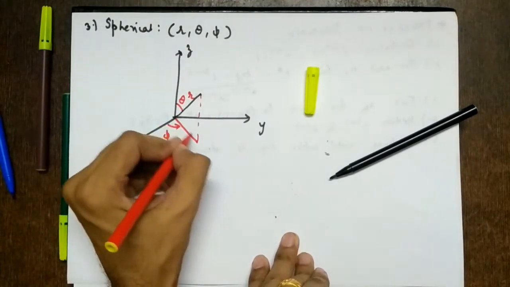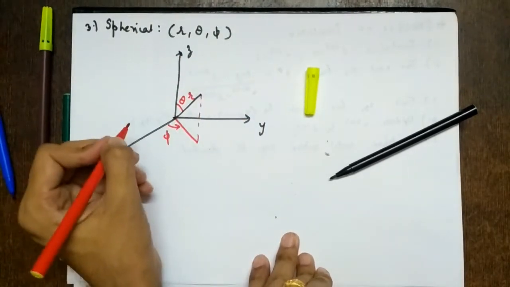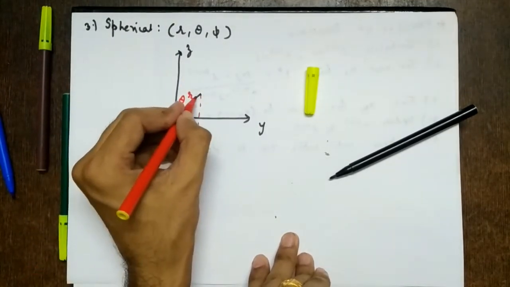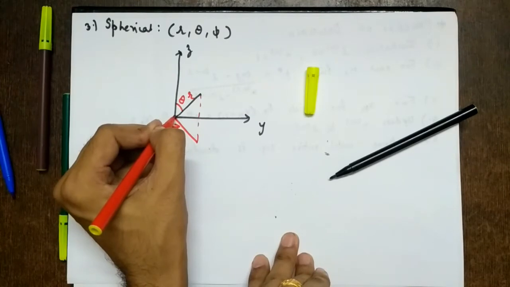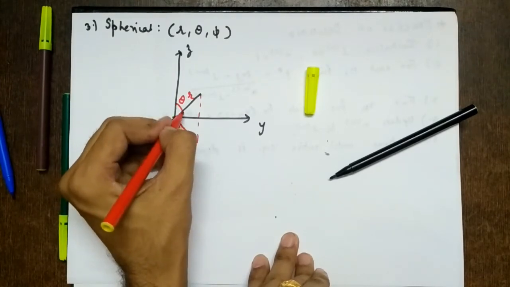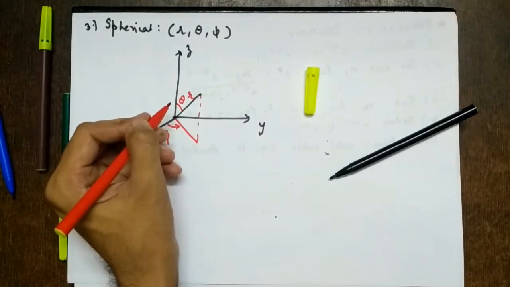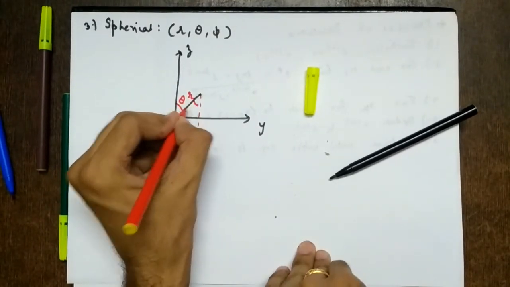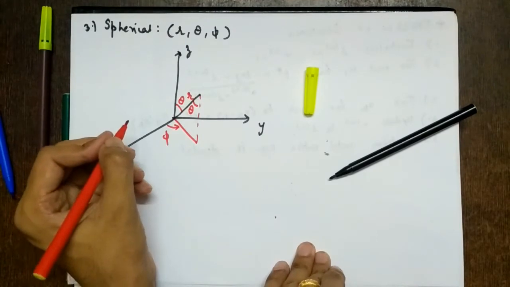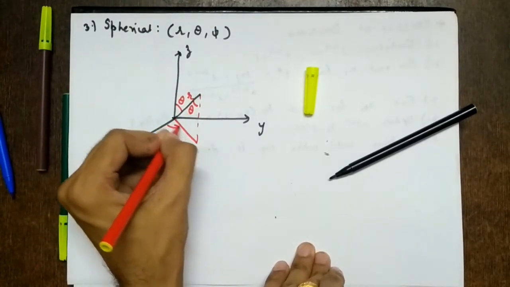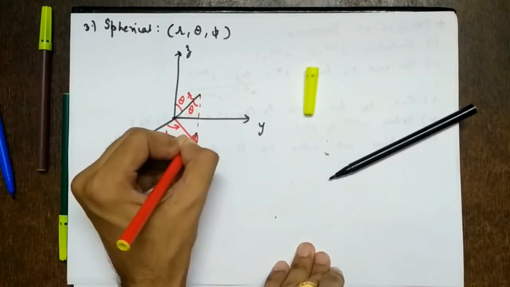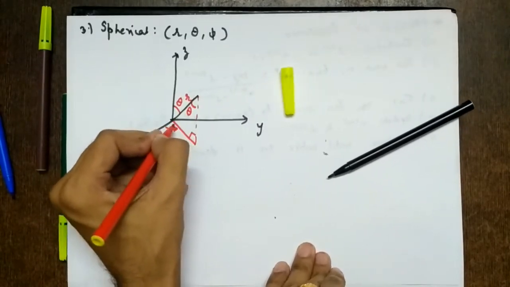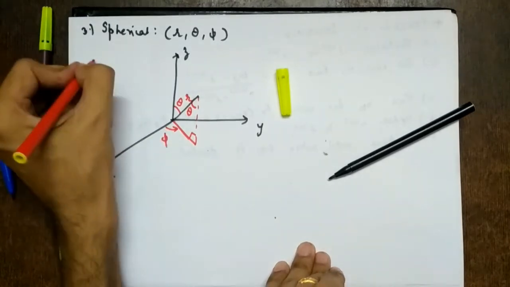So now I want to find this distance, because I have to find again dl vector, ds vector and dv. So how to find this distance? So this is r, right? And this is theta. This is the opposite angle, so this is also theta. Since this is theta and we have to find this, and this is perpendicular, r is the hypotenuse and this is the opposite side.